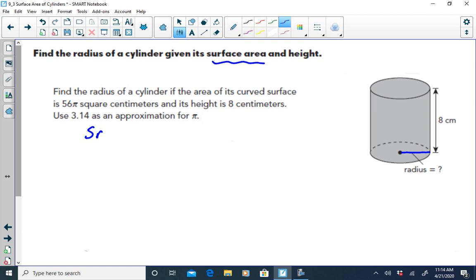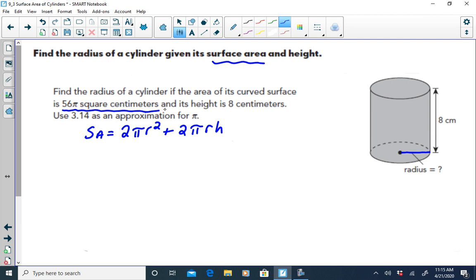Okay, so we have surface area is going to be equal to 2 times pi times r squared plus 2 times pi times r times h. But at your substitution step, got to be a little bit more careful here, because you're given the surface area, right? Your surface area is going to be 56 square centimeters, right? So if you're given that